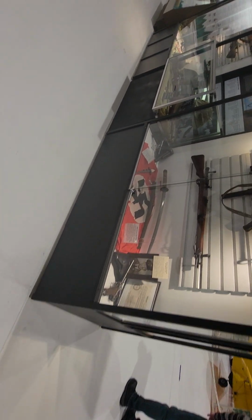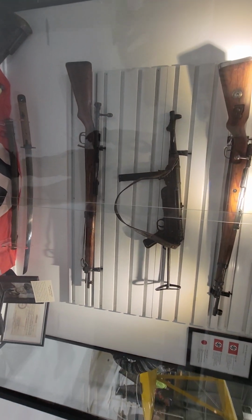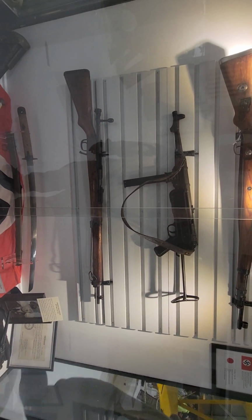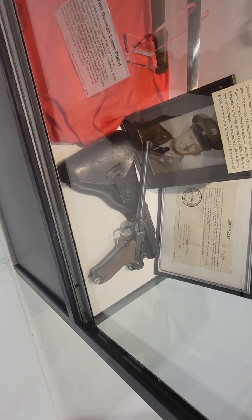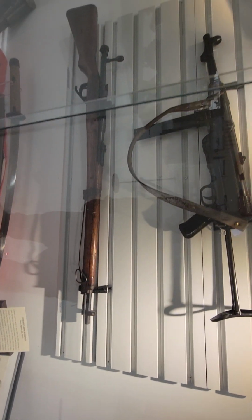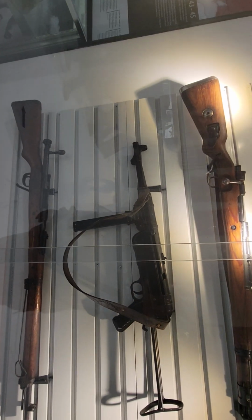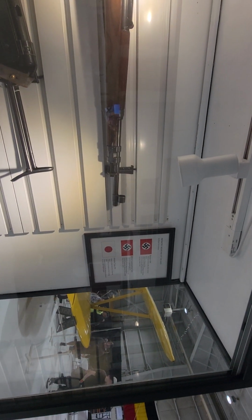The bolt actions. Look at that. Look, we play with these bolt actions in Call of Duty Mobile. With the Luger, long barrel Luger. But we play with these bolt action guns in Call of Duty. These are German guns, Nazi. The Mauser 98K,